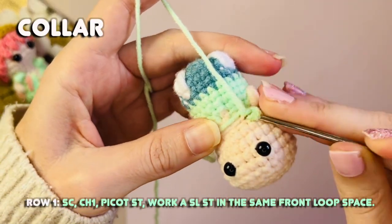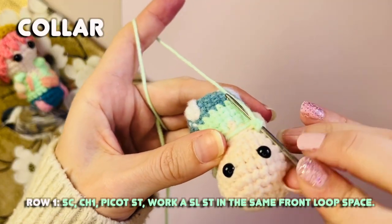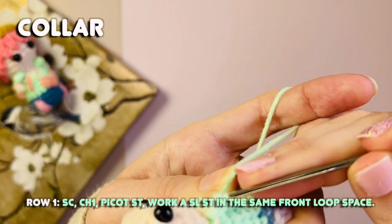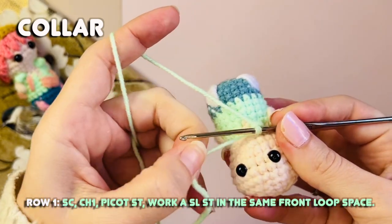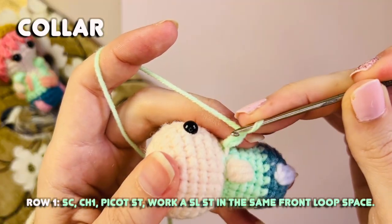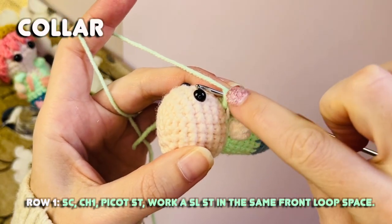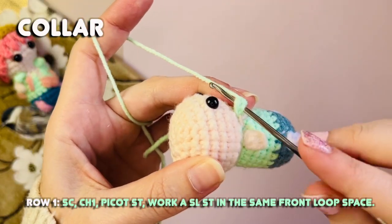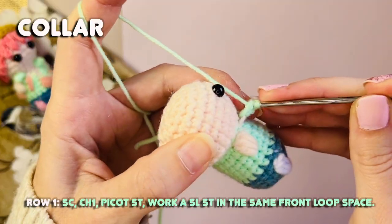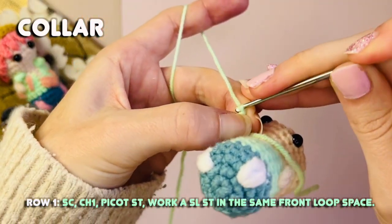And then I'm going to enter back into that same space, have the yarn tail on top of the hook as I complete a single crochet stitch, just like that. So now we've completed a single crochet stitch. We are going to chain 1, and then I want to come into those side kind of yarn strands of that single crochet stitch and make what is called a picot stitch. And this is just basically where you come through and then you make a slip stitch into the loop on the hook,